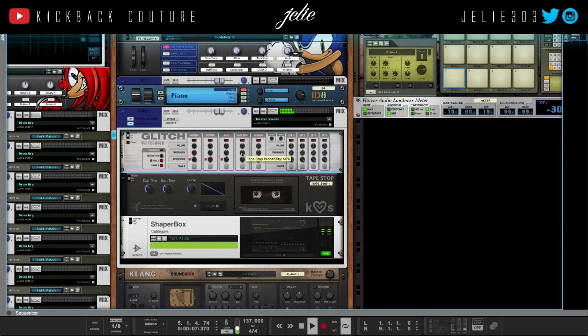And this works, I believe, if you're using the random button, but I'm not completely sure. However, I do know the resolution affects the speed in which the tape stop occurs. So yes, that is Glitch, and if you want to automate this into the sequencer, all you're going to do